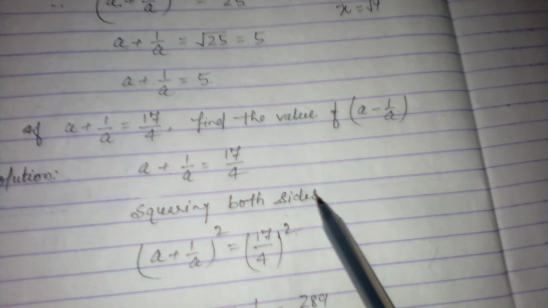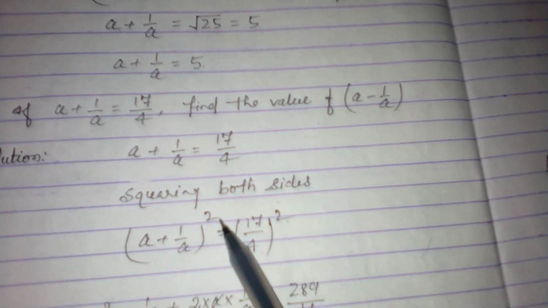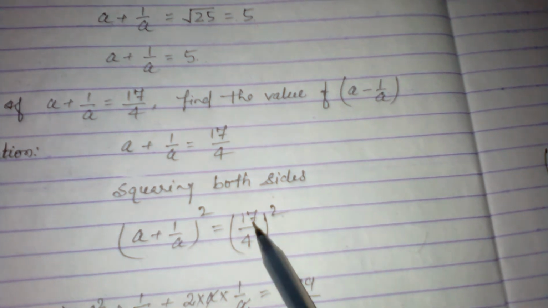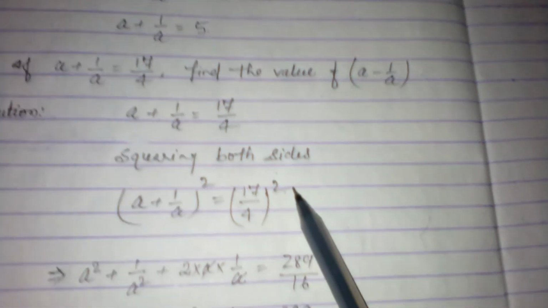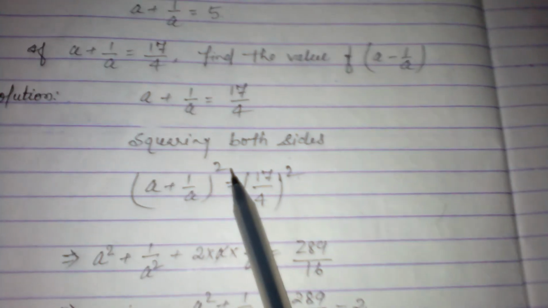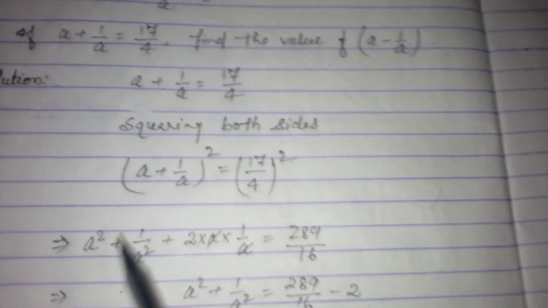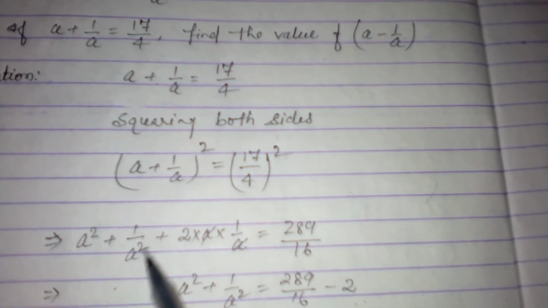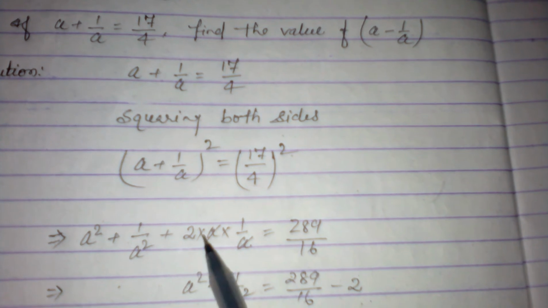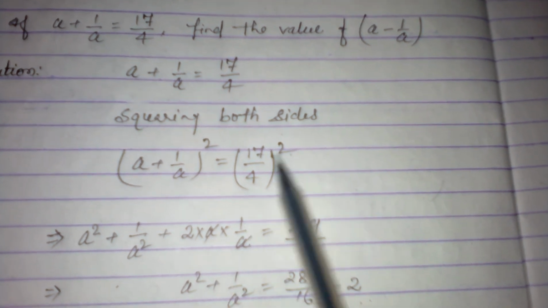Squaring both sides, then we can write a plus 1 upon a whole square is equal to 17 upon 4 whole square. A plus 1 upon a whole square, it is in the form of a plus b whole square, then we can write a square plus 1 upon a square plus 2a into 1 upon a is equal to